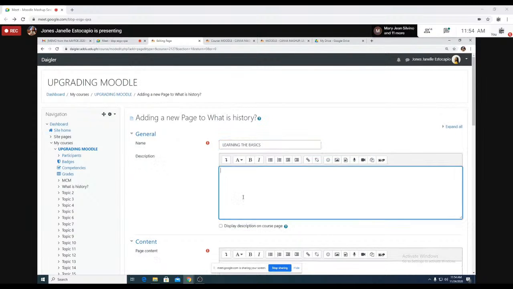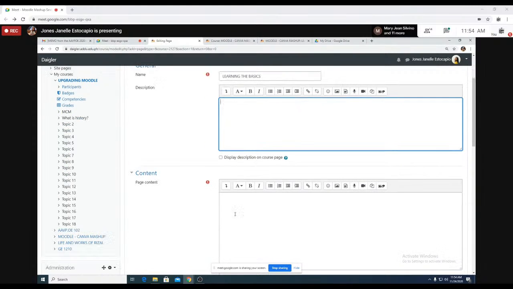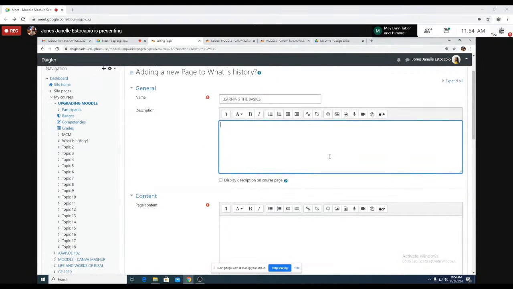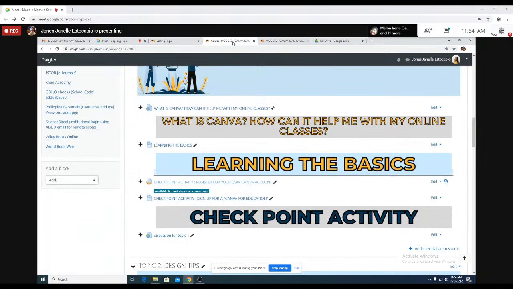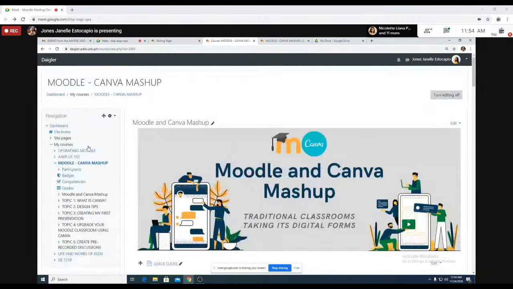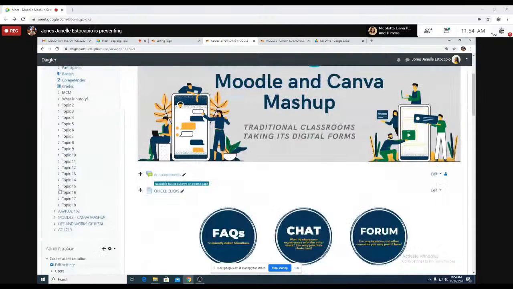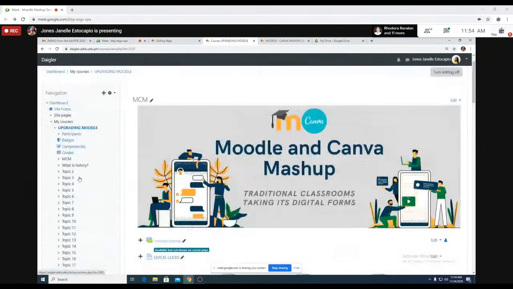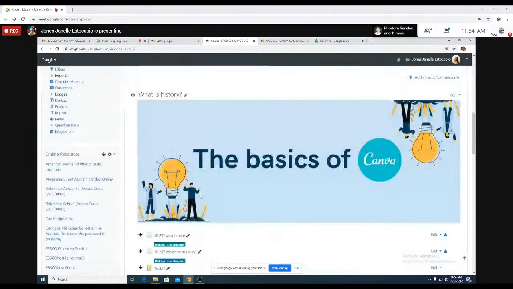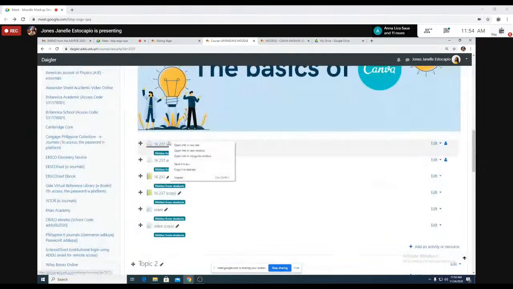Okay. So here, pwede nyo siyang i-copy na lang to. Pag kinopy nyo to, I'll show you later. Let's say, for example, balik kayo dito. Kasi kukunin nyo yung links eh. So, upgrading Moodle tayo dito. Where is it? Tama. Ito pala. So, ito. Kukunin natin to. So, copy link